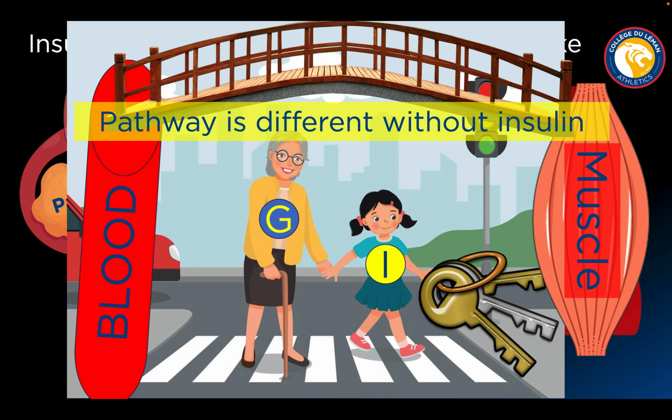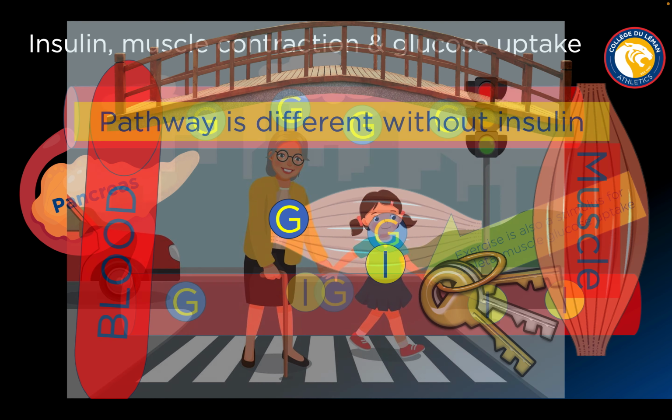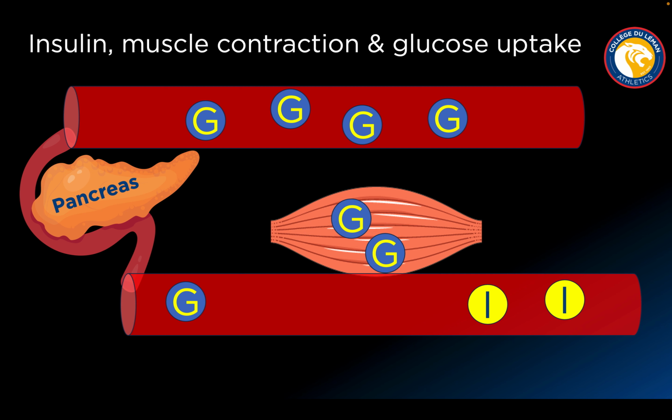So the old lady can still get across the road, the glucose can still get into the muscle, but without insulin, it needs to take a different pathway. Insulin helps that to happen. A bit more